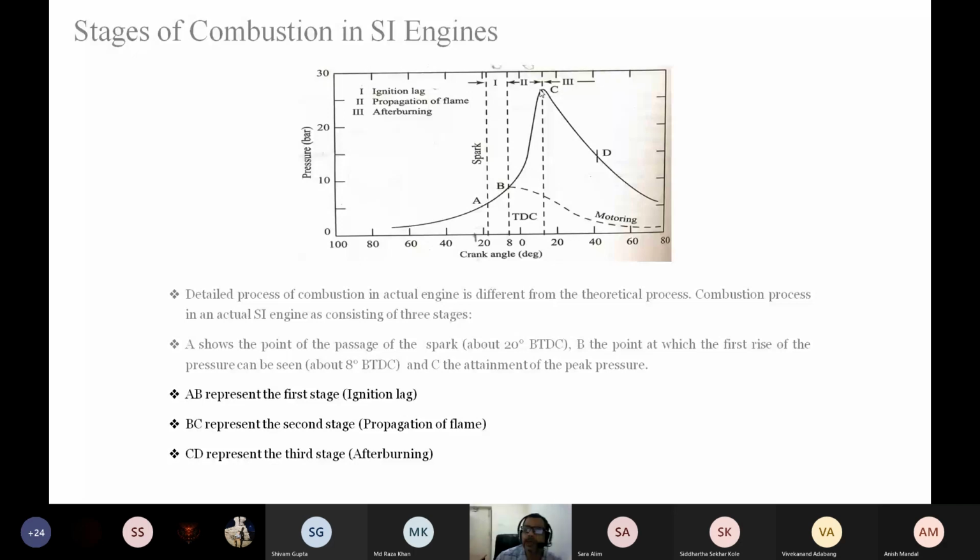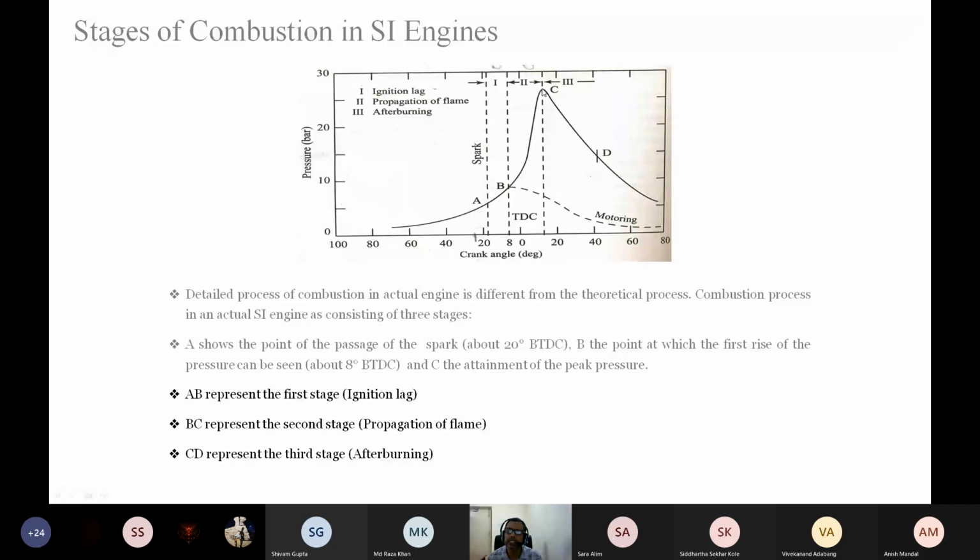So what I'm saying is that the peak pressure point, and the occurrence at which it is taking place, is very important in order to maximize the torque output. Once the pressure inside the combustion chamber reaches the peak, the combustion is almost